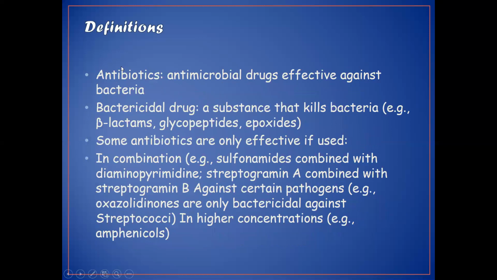So, definition: when we say antibiotics, what do we mean? These are antimicrobial drugs effective against bacteria. Bactericidal drug is a substance that kills bacteria. Examples include beta-lactam antibiotics, glycopeptides, epoxides. Some antibiotics are only effective if used in combination, such as sulfonamides combined with diaminopyrimidine, streptogramin A combined with streptogramin B against certain pathogens, and oxazolidinones, which are only bactericidal against streptococci and in higher concentrations,